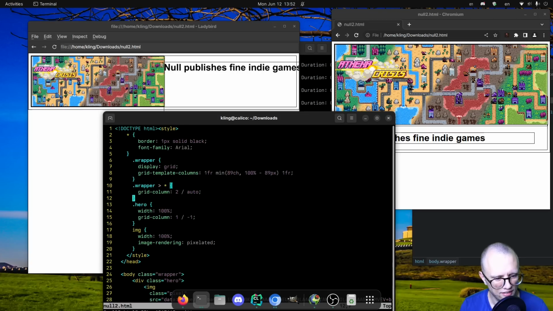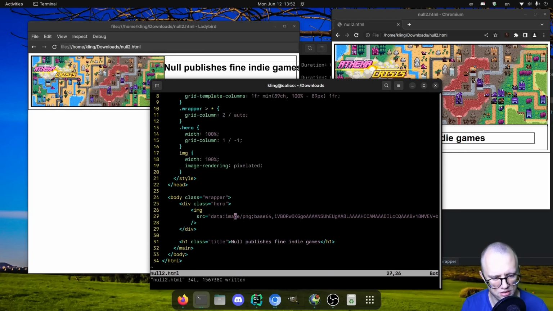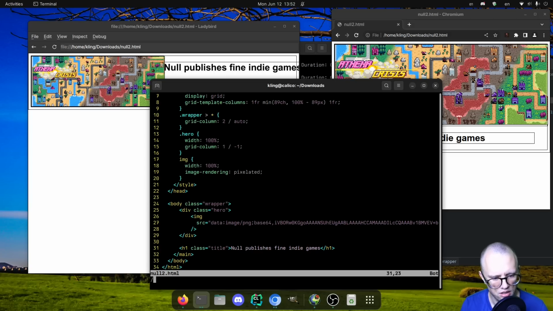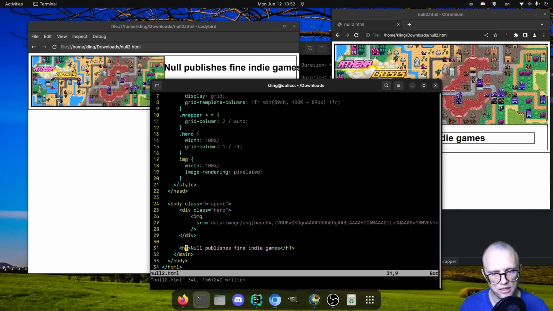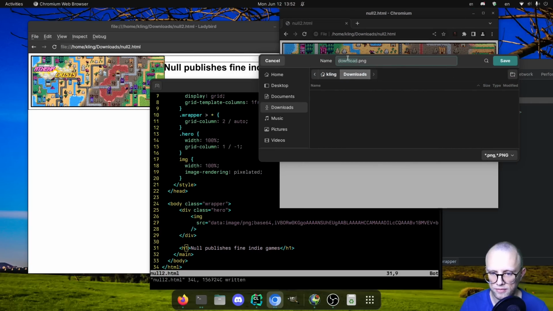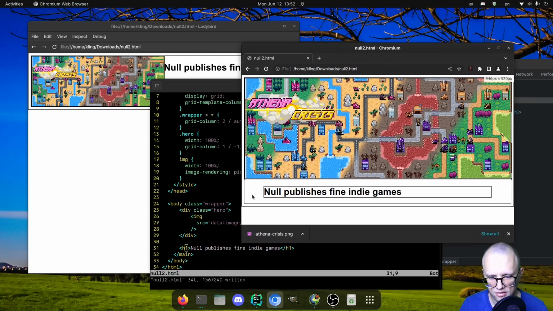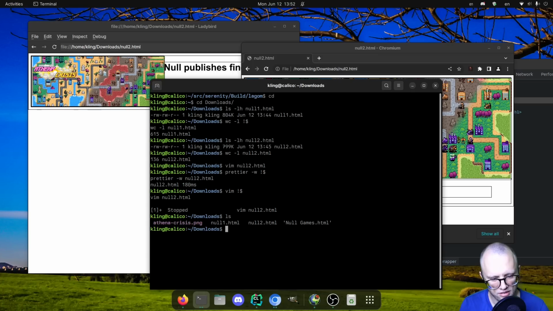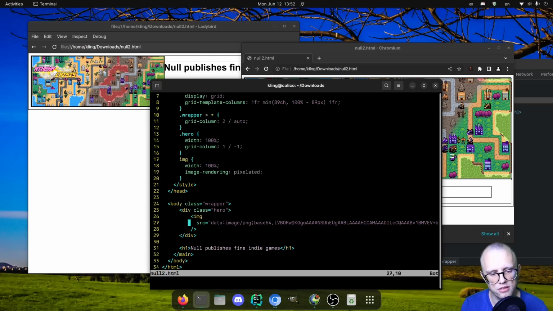Ignoring that. All right, so can we trim our stuff here? We don't need that probably. H1 title, probably didn't need that. Okay, maybe we can move that image to a separate file. What is that even? Athena Crisis. What am I trying to do? I'm just trying to use that instead of a huge data URL here. I'm just going to use